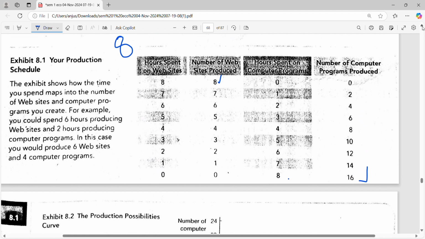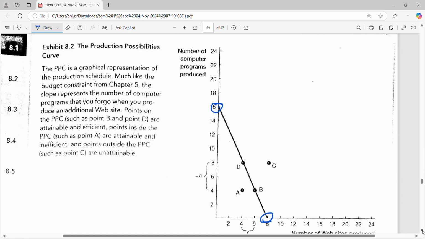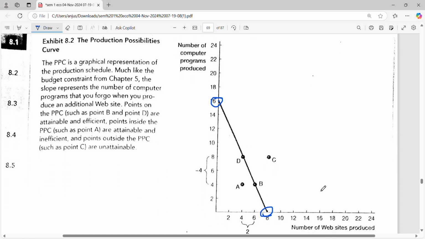Okay, so this table has the inputs and the output. Input is the, not the input, the resource. The resource and the output with respect to that. This is the production schedule. Okay. Graphical representation of this production schedule is the PPC. Okay. Here you can see D, B, A, C, right? So